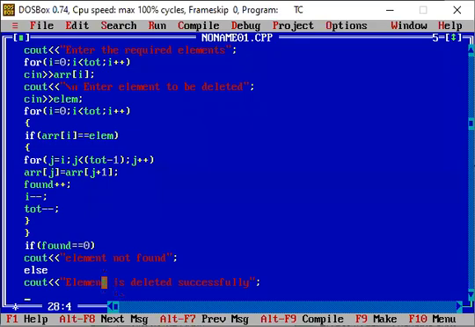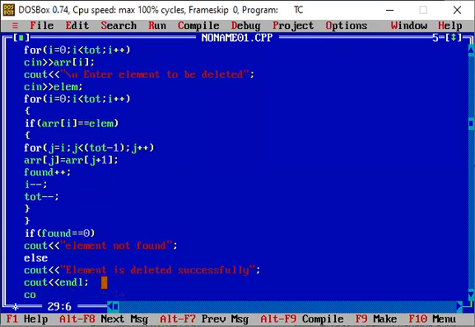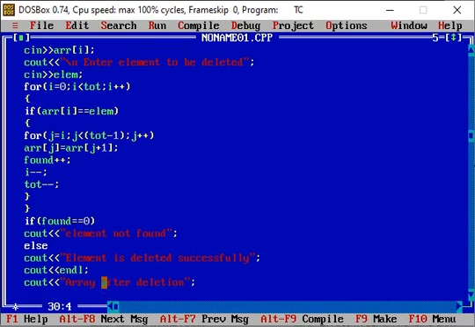Okay, so here I will end this particular line, and in the other part I will show my array after deletion. cout "Array after deletion". Okay, that is array after deletion.